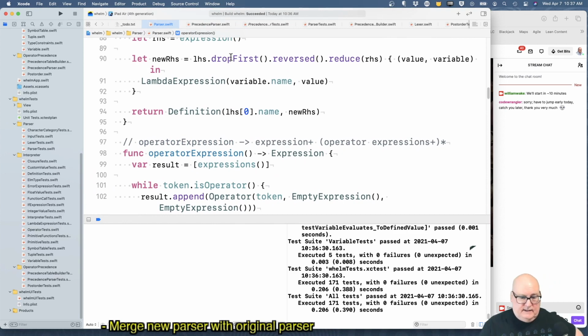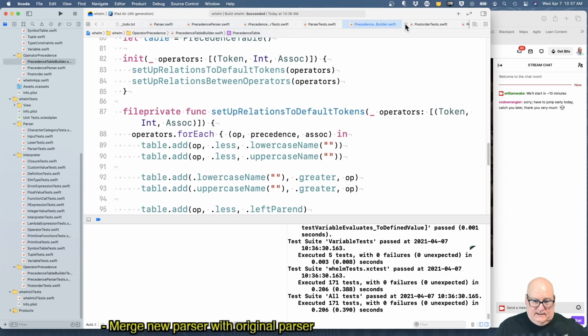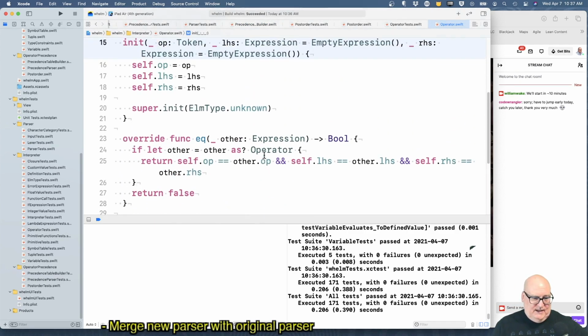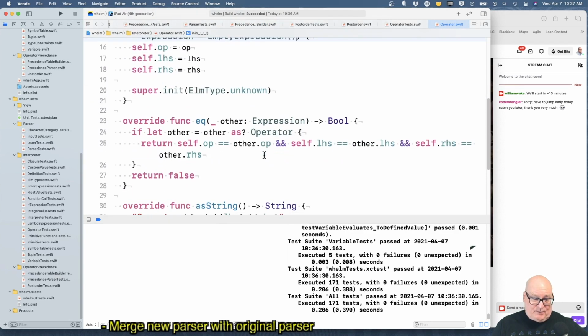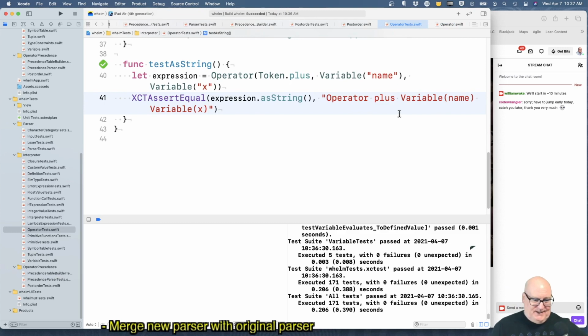And I think let's just take a tour of these files, see how they're looking. Okay, here's our operator EQ. Notice there's no evaluation yet. So we can type 3 plus 4, but we won't get anything good out.